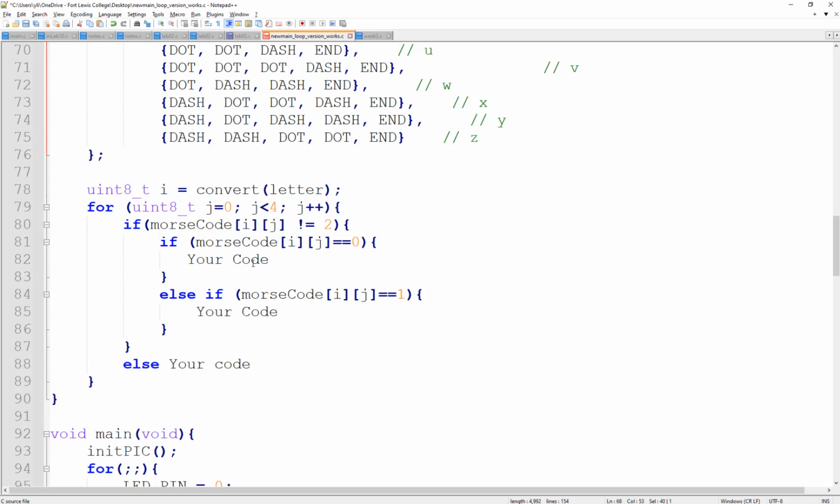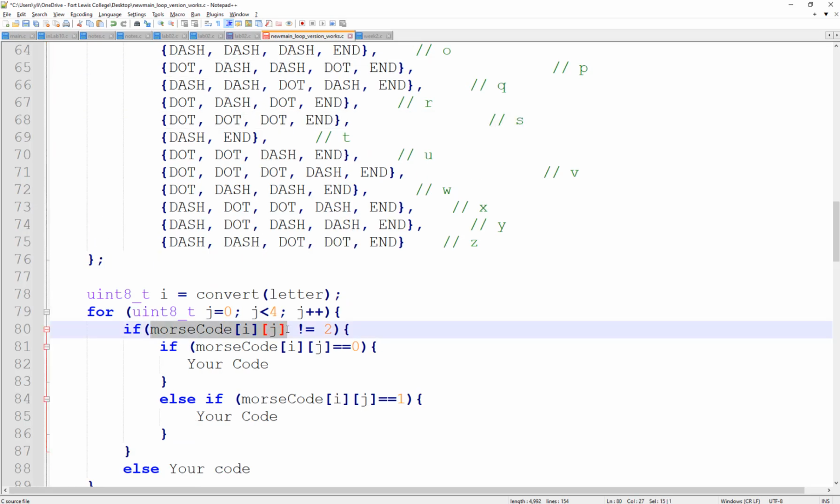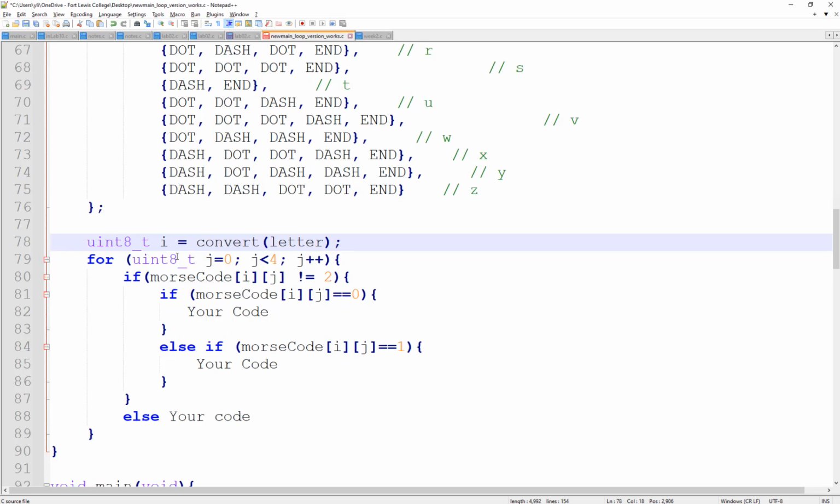All right. So now, here is a lookup table, which has 2 indexes because it's a 2D array. So index I will be the I you got from this convert function, and it's not changing. So you are doing a for loop, but you can see I'm not looping I at all because I is just a certain entry. I already got there. So I have to loop through every single column for that row, for all the code in that row. I mean, what I have here is different from Dr. Carlson's solution, but it works. So, for example,